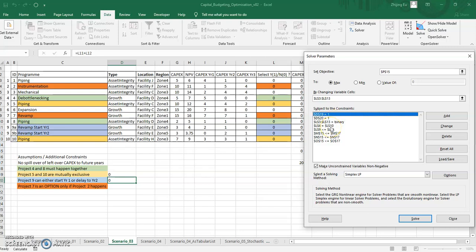I also have a scenario where L6 equals L10, where the green cells have to equal each other, meaning it's either both 0 or both 1. I have a cell L9 that has to be less than cell L4,